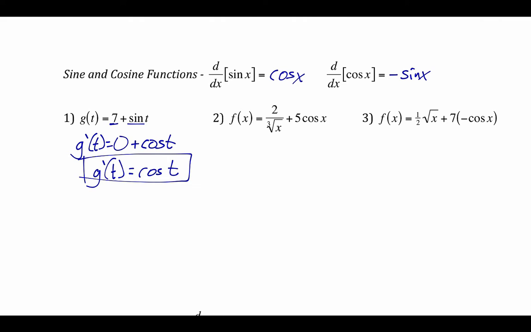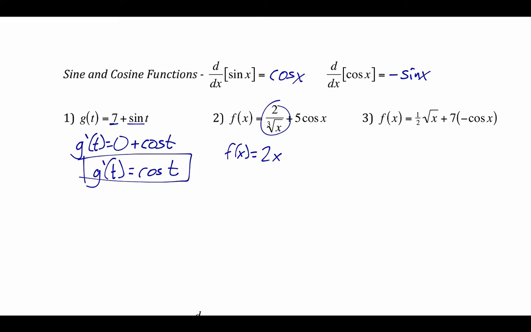Now, number 2, same type of deal. We've got multiple pieces here. Again, using what we talked about with the sum and difference rules, we're going to take each of these separately. Let's take care of that fraction first. The f of x, I'm just going to rewrite this. 2 over the third root of x. Well, we're going to make that 2 over, remember,